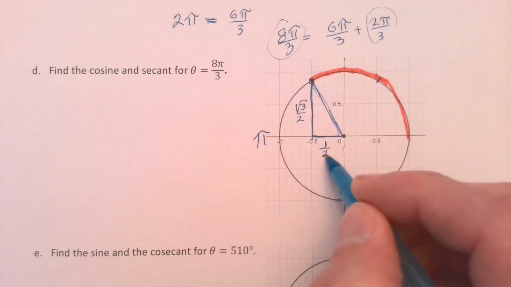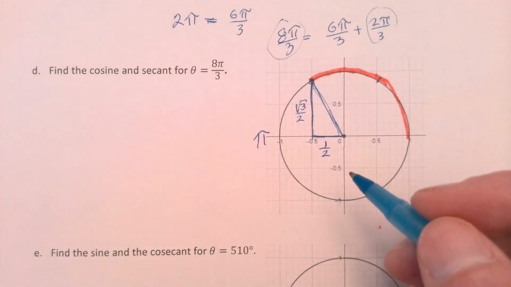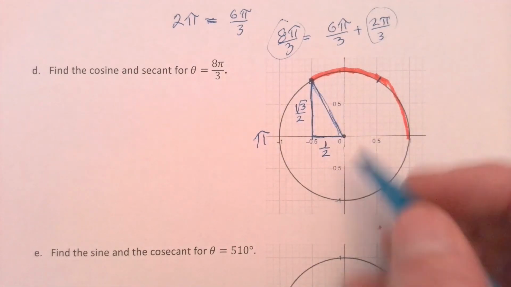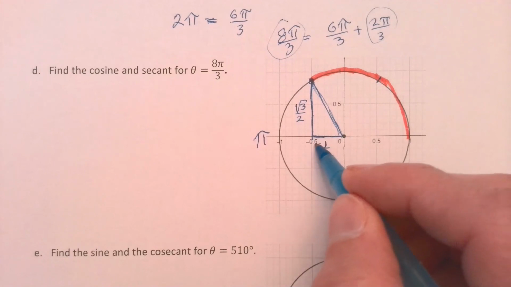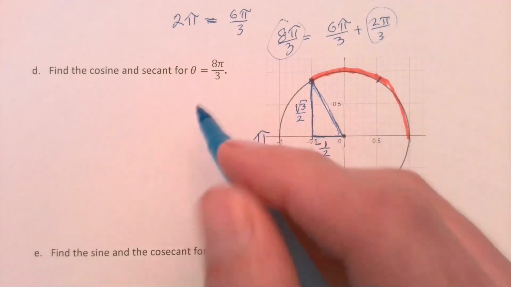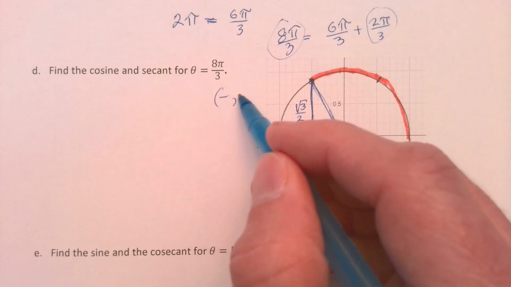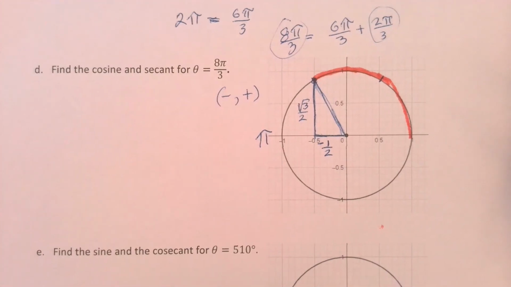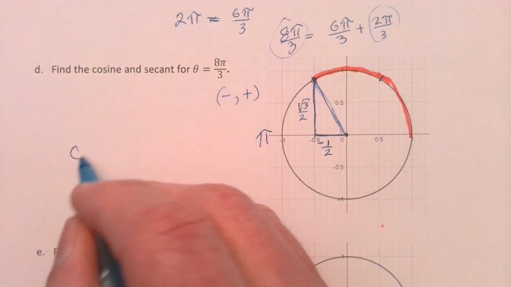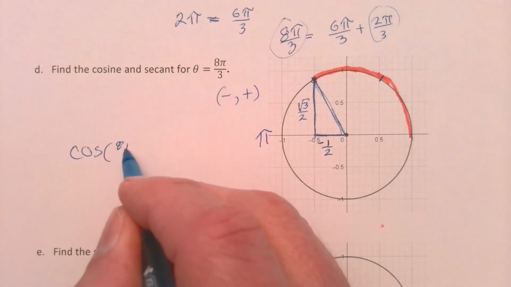And which one of these is negative when you're in the second quadrant? Well, going left for x means negative. We mentioned everything in the second quadrant looks like this. And going up is positive. So we're supposed to find the cosine and the secant. I think we're done. Cosine 8 pi over 3